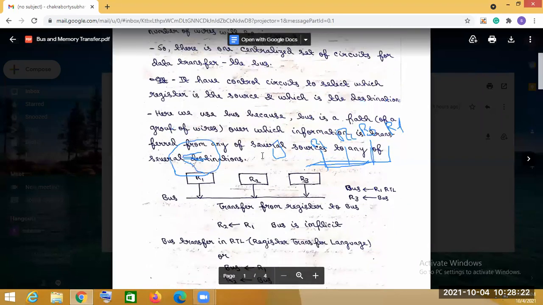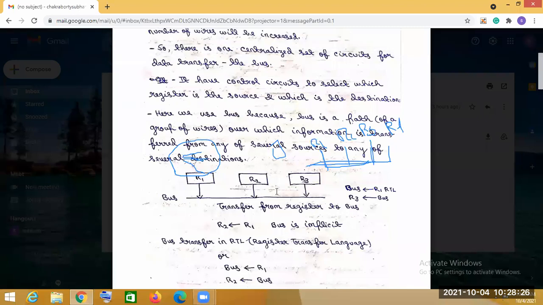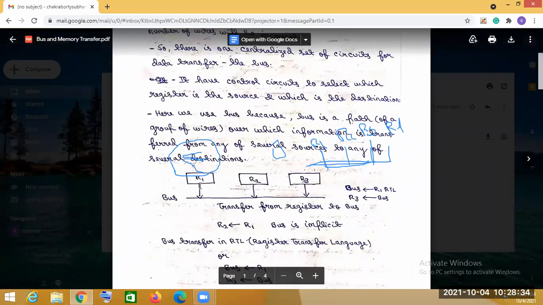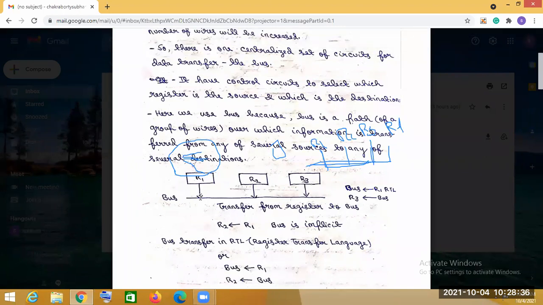So you see total registers R1, R2, R3, 3 registers are present and they are connected with the bus. So if R1 wants to communicate with R3, it will send the data to the bus and this bus will transfer the data towards R3.